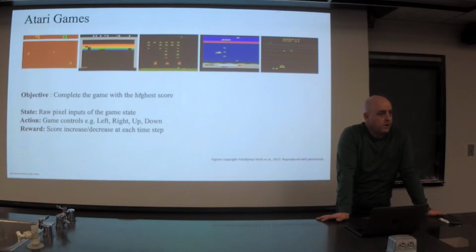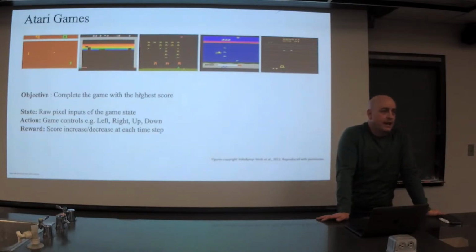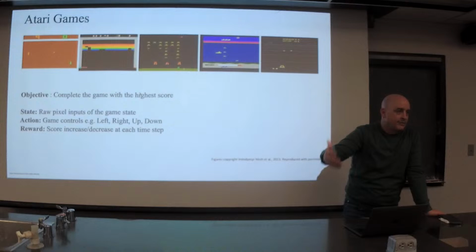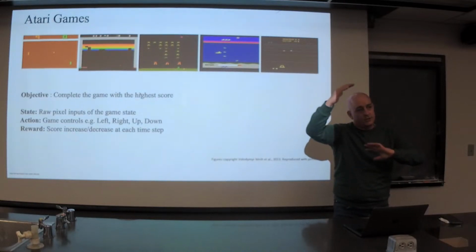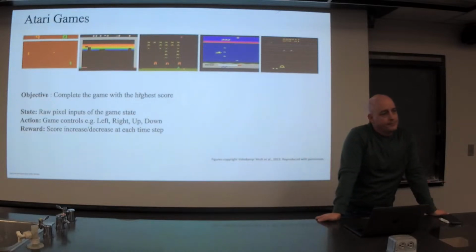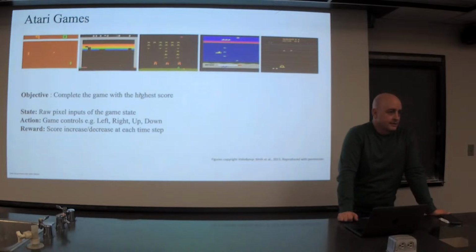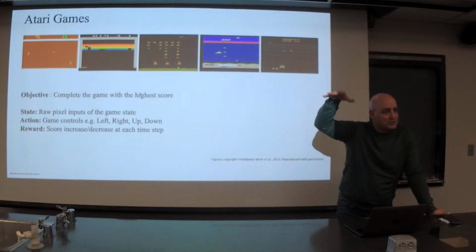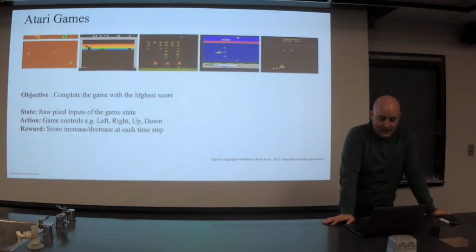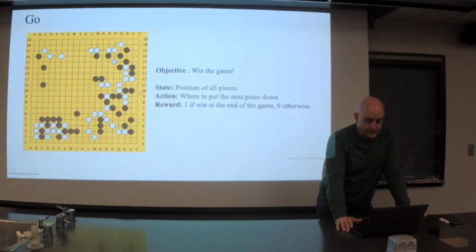It doesn't, it's not given the score, like you now have 1,232 points, and then when I take this action, I have 1,233. It just gets rewarded if, when it takes that action, the score stays the same or goes up. So it's a little bit different than keeping that in the state. Does that make sense? It's not part of the state. I mean, it could be part of the state if those pixels are taken into account, but it's not. So a little bit more complicated.